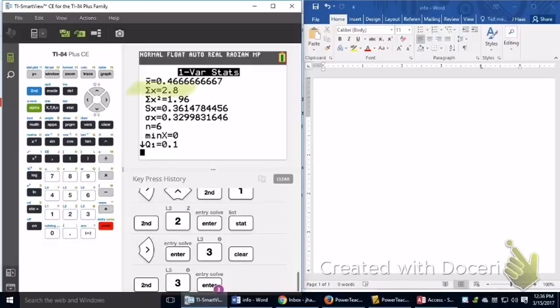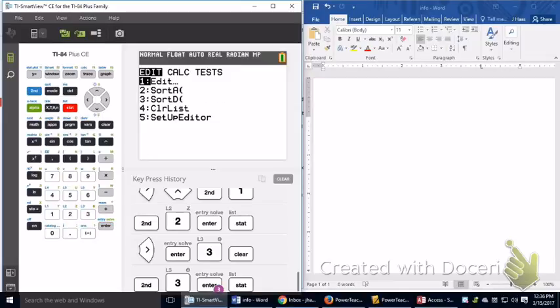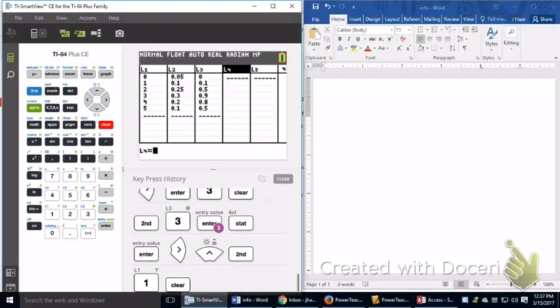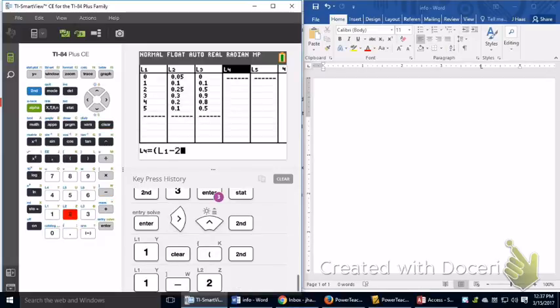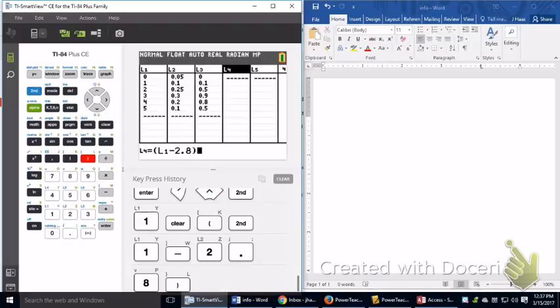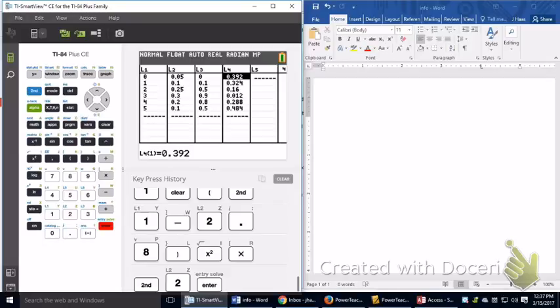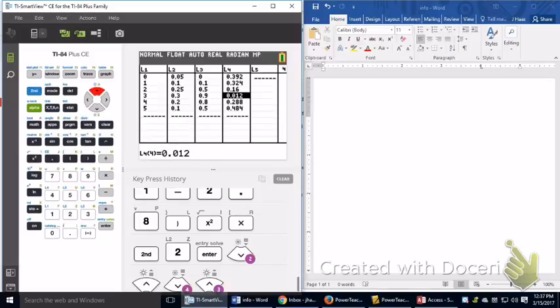Now to go to standard deviation, we go back to stat edit. And since I know it's 2.8, that's my expected value, or my mean, I'm going to need a parenthesis there. So I'm going to do parentheses of my x scores minus that mean of 2.8, close my parenthesis and square it. That's going to be my squared deviation multiplied by the probability that occurs. Since not all values are equally likely, I have to use my probabilities once again. Press enter, and that's how much each individual value, 0, 1, 2, 3, 4, 5, contributes to my